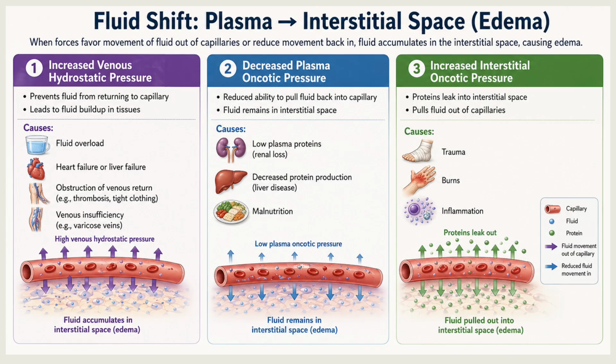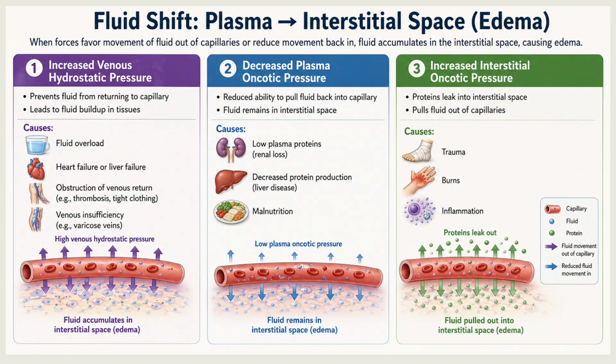So fluid shift can go from interstitial places to plasma, from the plasma, your blood, to interstitial spaces, right? So when this happens, edema occurs. Basically, out of your vascular system into the tissues, you're going to have edema, right? Because there's going to be fluid outside into the tissues.